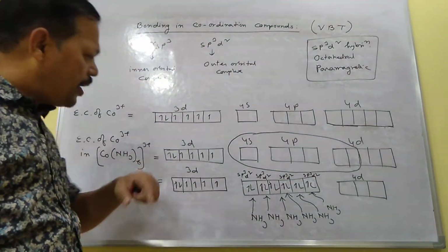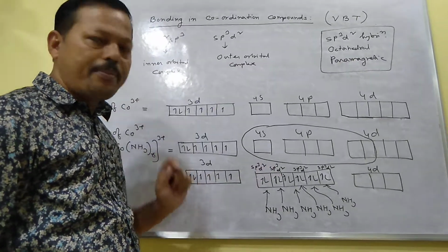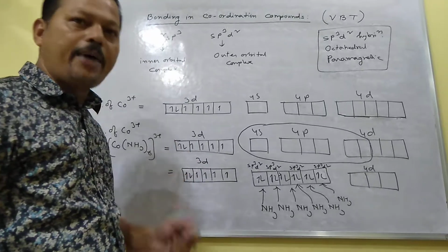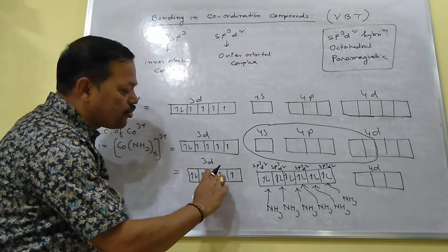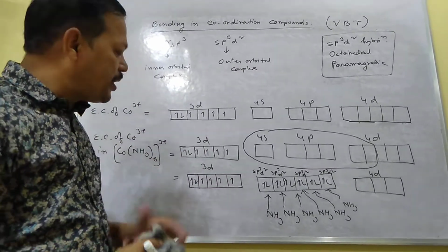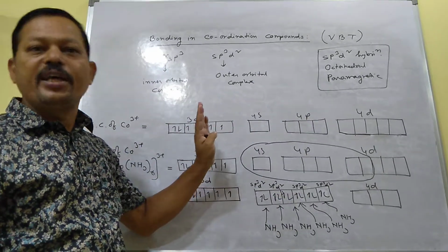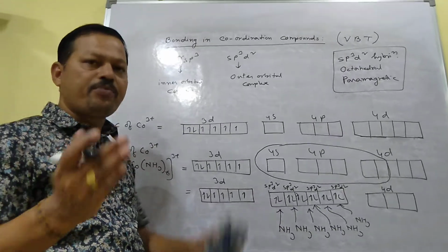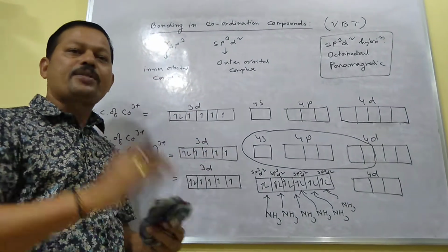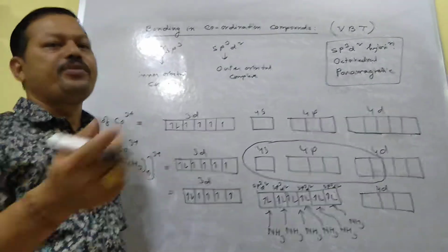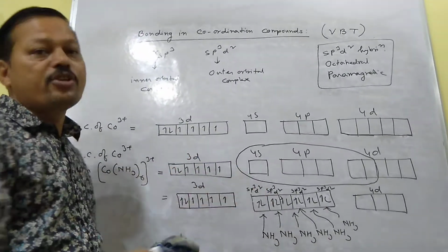Again, as you have learned, if the electronic configuration contains unpaired electrons, then it is called paramagnetic, and if all are paired, then it is called diamagnetic. But here you see the number of unpaired electrons: 1, 2, 3, 4. As the number of unpaired electrons increases, its paramagnetic character also goes on increasing. That's why one question asks, this one is weakly paramagnetic but this one is strongly paramagnetic. The reason is that if one contains a smaller number of unpaired electrons, then it will be weakly paramagnetic, but if one contains more unpaired electrons, then it will be strongly paramagnetic.